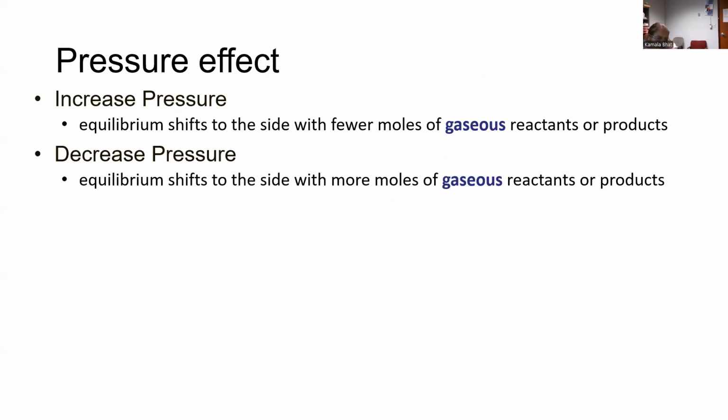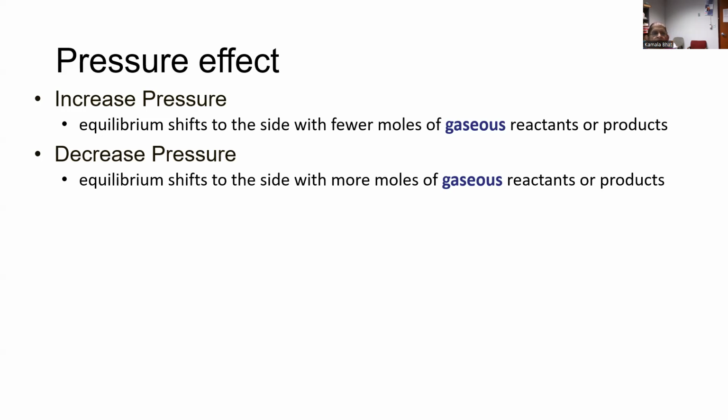Increase in pressure. Now, these are for gaseous systems, and so we have the moles of gaseous reactants. So the effect of pressure and volume are inverse to one another. You have to remember that because the ideal gas equation states that PV is equal to nRT. Therefore, the partial pressure P is n over V times RT. n over V, by definition, is the molarity, or moles per liter, of the